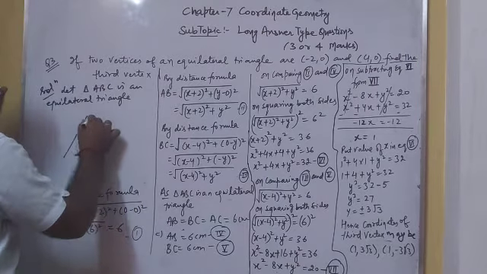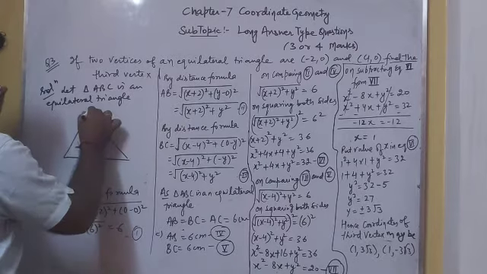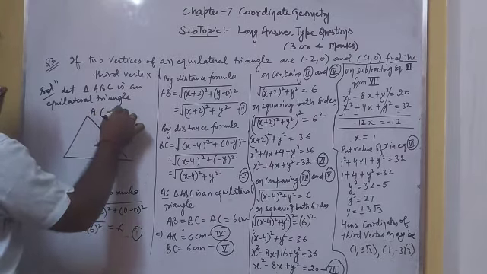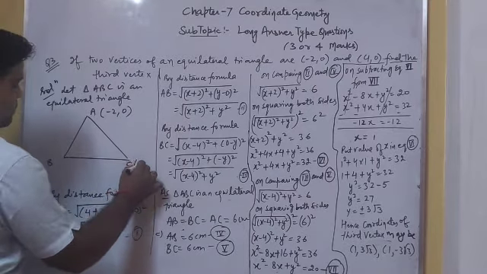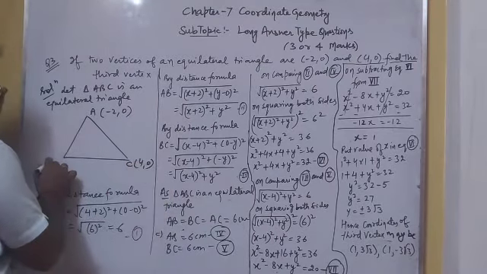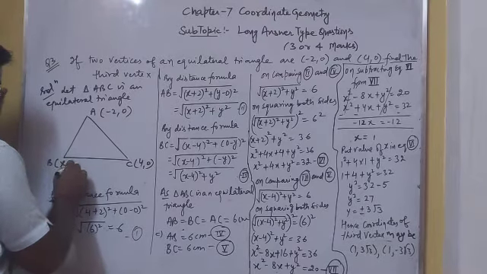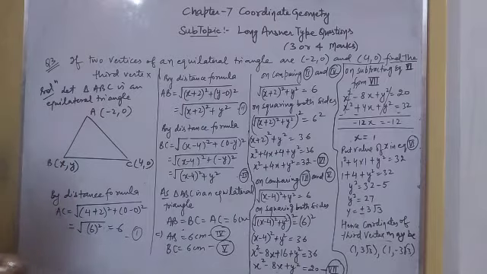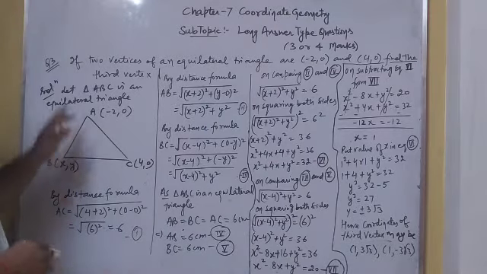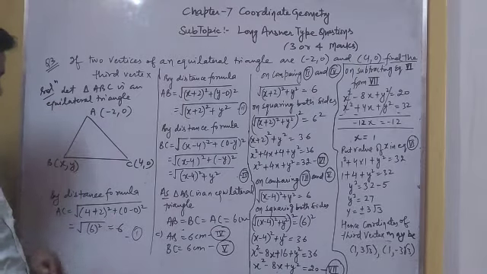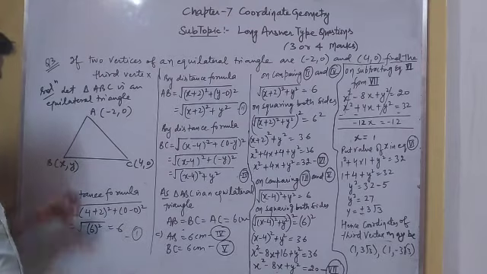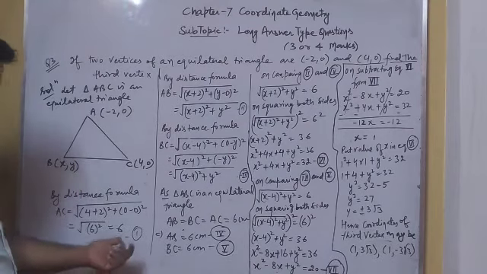So we draw a triangle. A has coordinates (-2, 0), and this is the point C, its coordinate is (4, 0). We consider that the vertex B has coordinates (x, y). So we have to find the value of x, y. Now let us apply the distance formula to find the distance between AB, BC and AC. On applying the distance formula, first we find the distance between AC, we get 6.